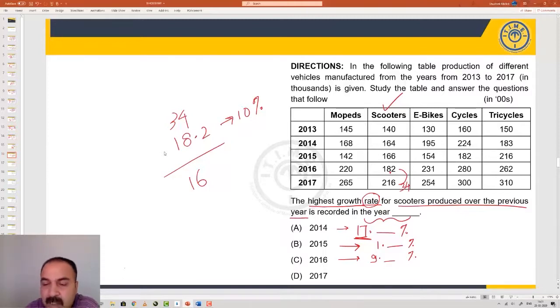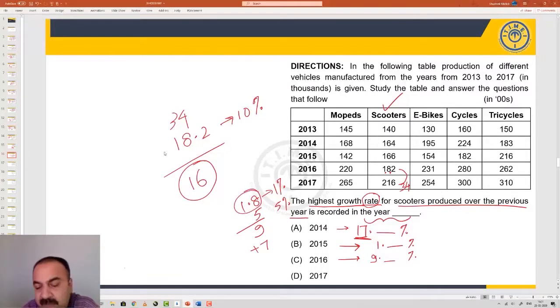We take an approximation. Now 1.8 is going to be 1%. And 1.8 fives is going to give you 9, or 90 in the scaled table, and then you have another 7. So 1.8 times 5, that means 5%, because 1.8 was 1%. This is going to give you 9, but I want to go to 16, so I want to get another 7. Now in the table of 18, to get to a value of 7, you'll have 18 fours are 72. You'll not have fours, but you'll have 3s, 3 point something. So 5 plus 3 is going to be 8, so 18%. So this is going to be 18 point something percent.